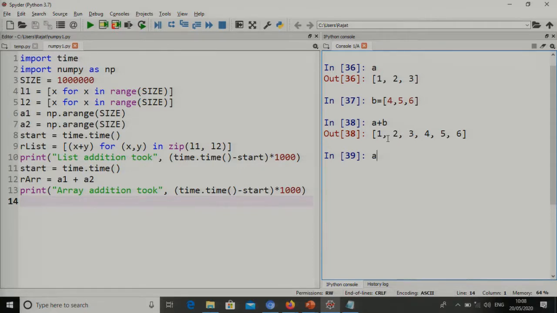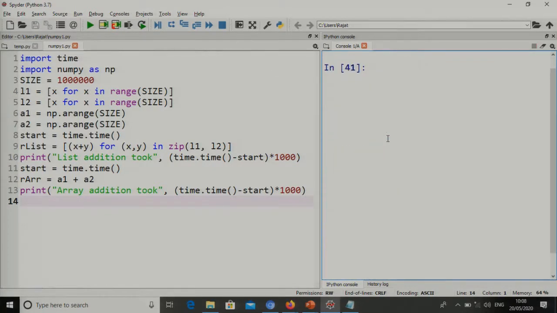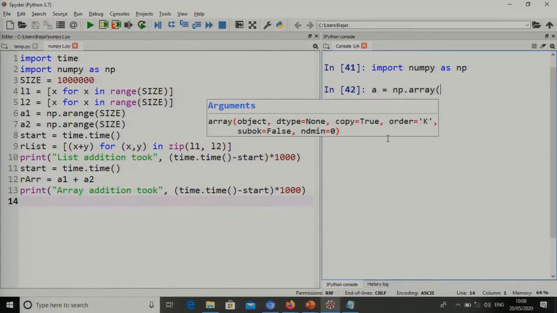But can I perform multiplication on two lists? No, it shows me an exception: TypeError, can't multiply sequence by non-int of type list. Whereas, let me create a NumPy array. Before you can use a NumPy array, you need to import NumPy. I will import it with the alias np, and then I'll create np.array. Array is a constructor that takes in an object, that is a sequence of elements, and dtype, the data type associated with the elements. I simply create an array here,